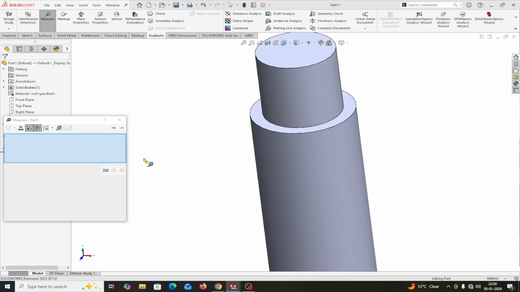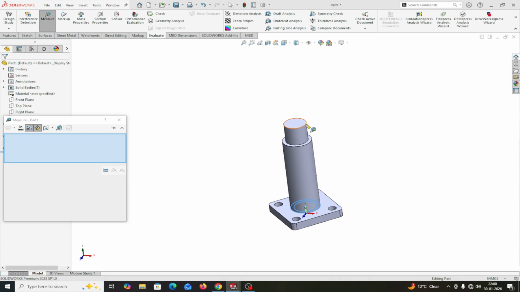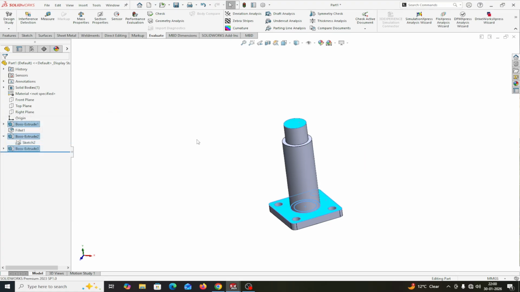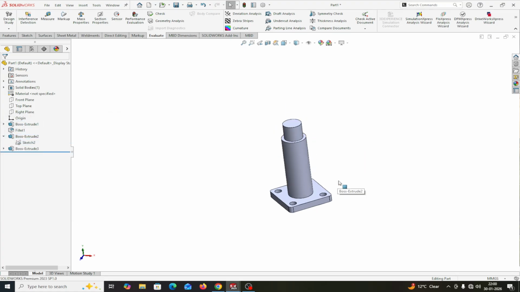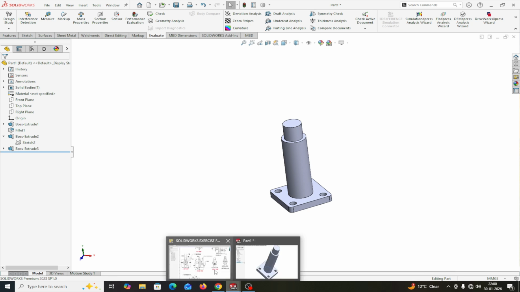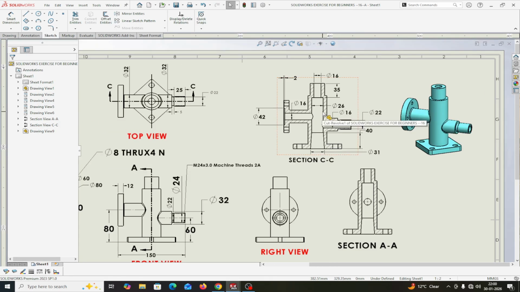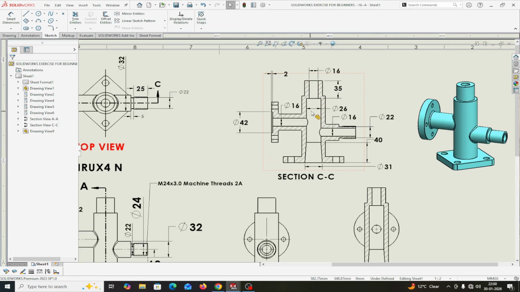Okay, if you measure the total between this surface and this surface, this is 140 mm, normal distance 150 mm. Okay, you can preview this one. Now if you see the section view, this is a section view. The inside dia is 16 mm, the bigger inside dia is 26 mm, height from the top face 35, and this is the taper face,